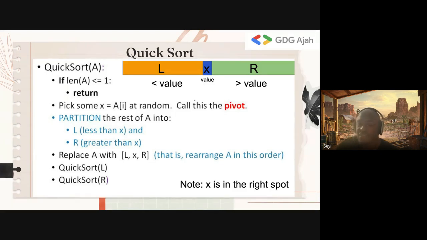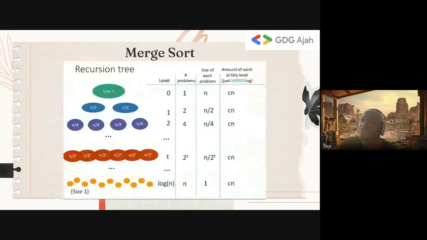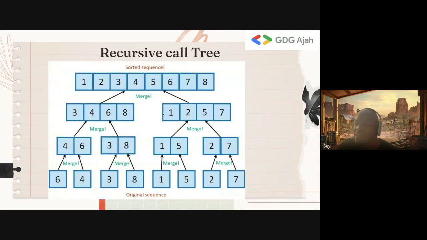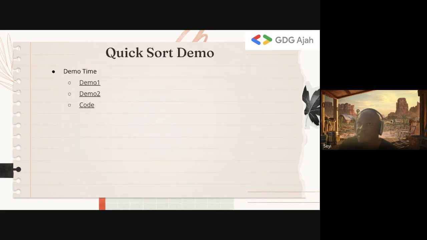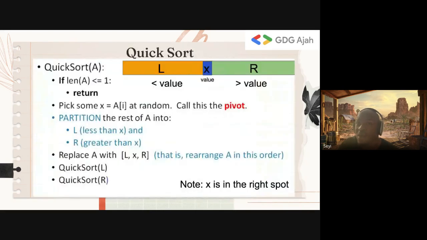Now, the key thing to understand is, if you look at merge sort, it was efficient because we were dividing the array into equal halves each time, right? And if we didn't divide the array into equal halves and we're just reducing the problem, it would become inefficient because it becomes a straight chain and not a tree structure. Essentially, it becomes like a skewed binary tree. It's not efficient. Now with quicksort, we need to make sure that our recursion divides the arrays evenly, or at least we try to divide it evenly for the most part for it to work.